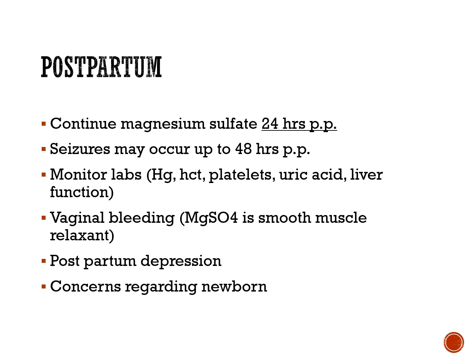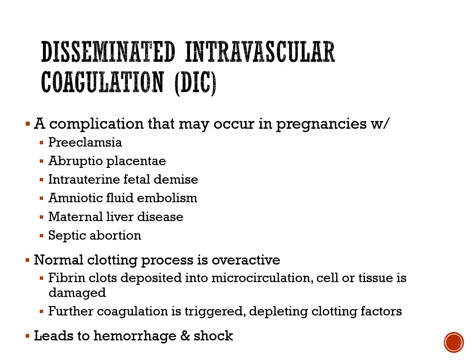Next, we're going to look at DIC, disseminated intravascular coagulation. It is a complication that may occur in pregnancy with preeclampsia, abruptio placenta, intrauterine fetal demise, amniotic fluid embolism, maternal liver disease, or septic abortions. So the normal clotting